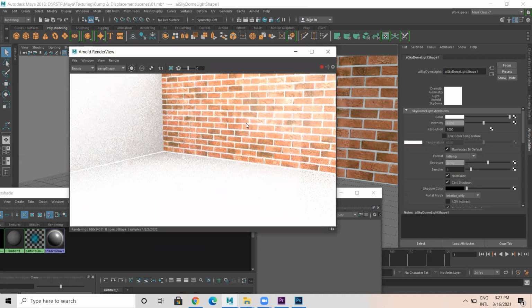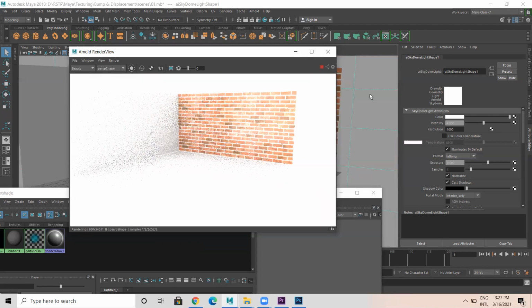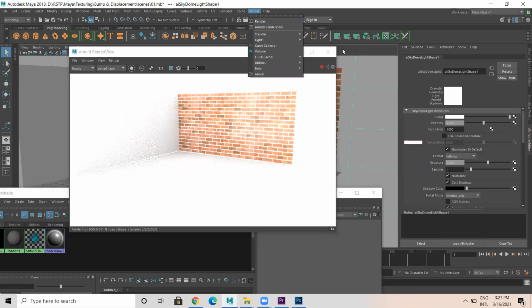Okay. Now there is a lot of noise here. Still it is rendering, but you can identify a few noise and all here. That's because of samples, and there is a lot of brightness. So when you pick Arnold Render here, by default it's an IPR.